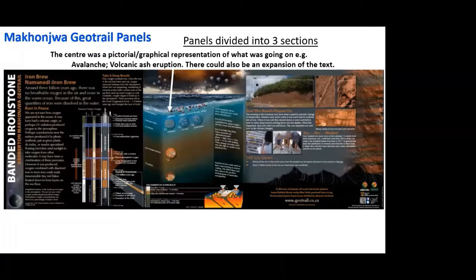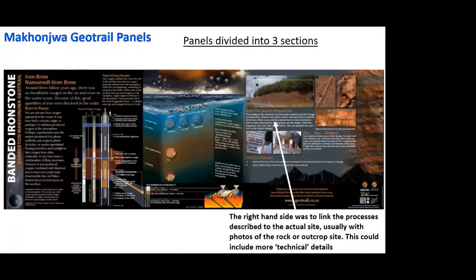Then the center panel was, if we could manage it, a graphical or picture representation of what we had been talking about. So this gave you what was happening in a picture form. And as I said, a lot of people found this much more easily retainable, if not comprehensible. And then